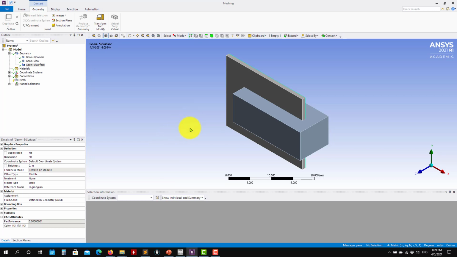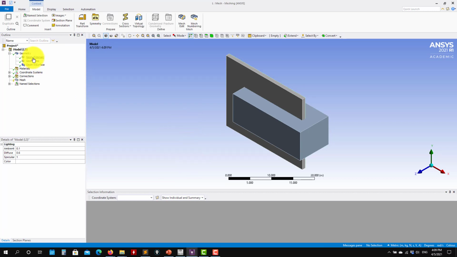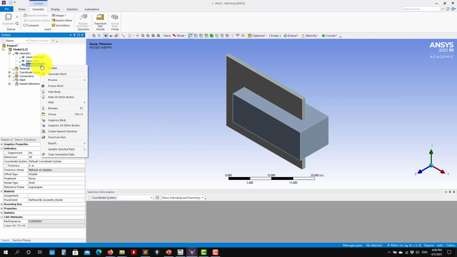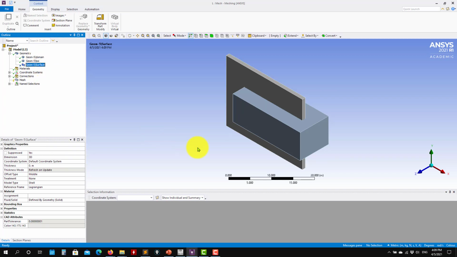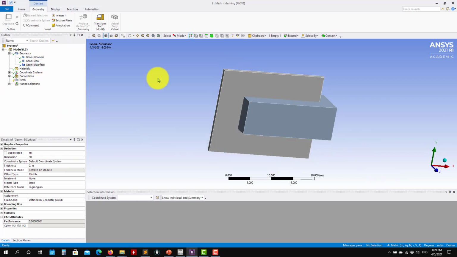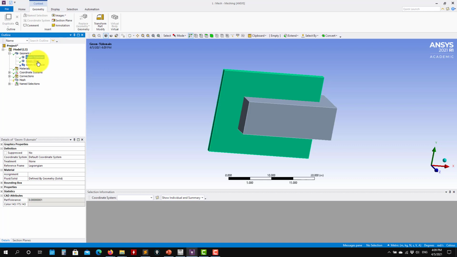Okay, so this is what we have, and see that you have everything that we didn't suppress in space when you have it here. So I don't need this one. Let me suppress, okay? And like in the previous case, you have these two, and you are going to do